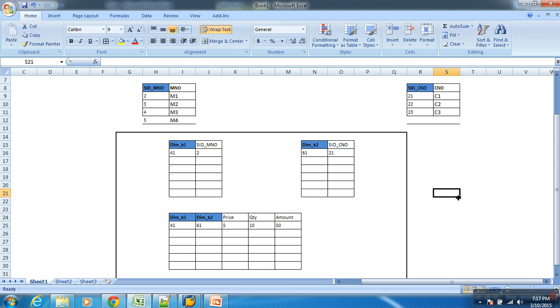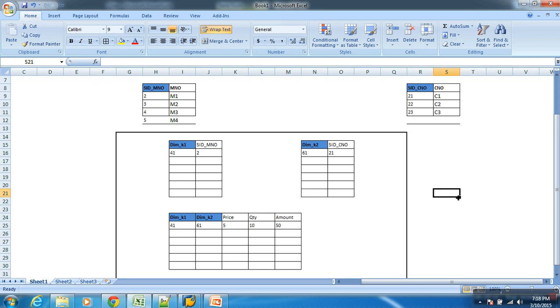Now with this, if you see all the tables inside a cube, do they contain numerics only? So when you try to process this cube, it will be faster because it doesn't have any alphanumerics. And we are able to make sure that there is no alphanumeric data because of the introduction of SID tables. I'll come to that.